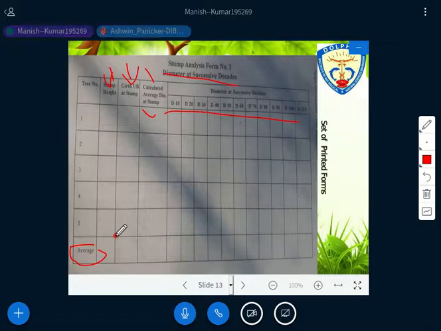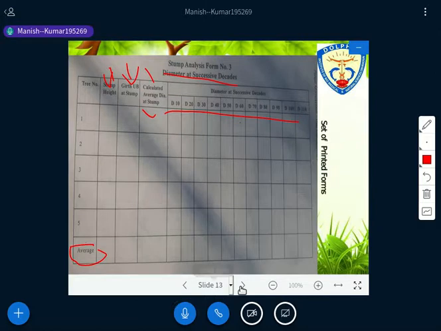Yes, sir. Okay. So all these things, and see one thing while I like to make it clear. This stump analysis and stem analysis, what I've discussed, work as both practical and theory. Is it clear? So you have to understand in both ways. You have to write the same thing in the theory exam also, and you have to write the same thing in the practical paper also, right? It has both uses.